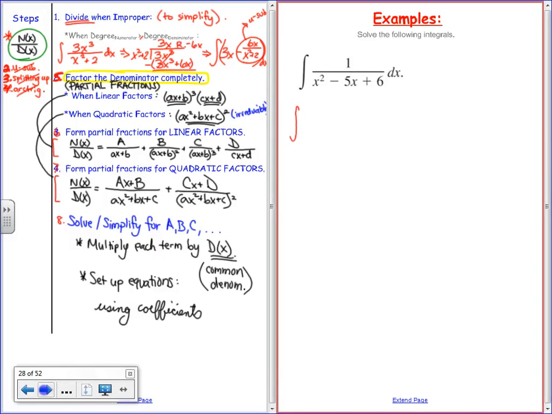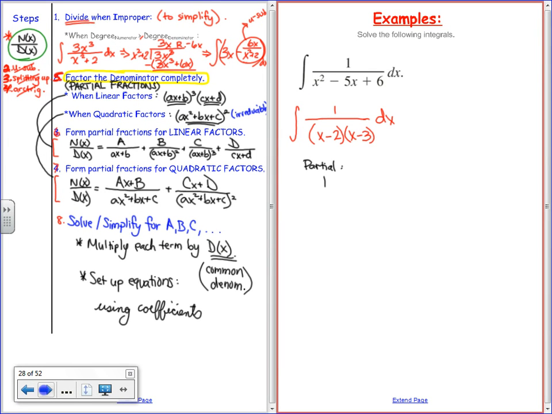So I can say, okay, Ethan, you already said it. This is 1 over x minus 2, x minus 3. If only I could split up. Right? So you guys tell me, remind me, how do we do it? A over x minus 2